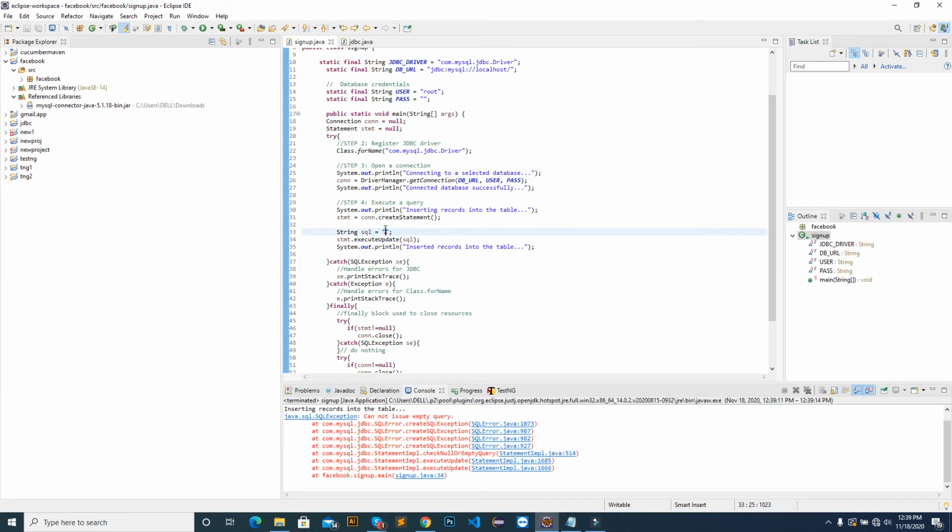So what we do is we will use insert into, what is the name of the table? Sign up. Insert into sign up. Sign up has fname, lname, cell, password, date of birth, gender.